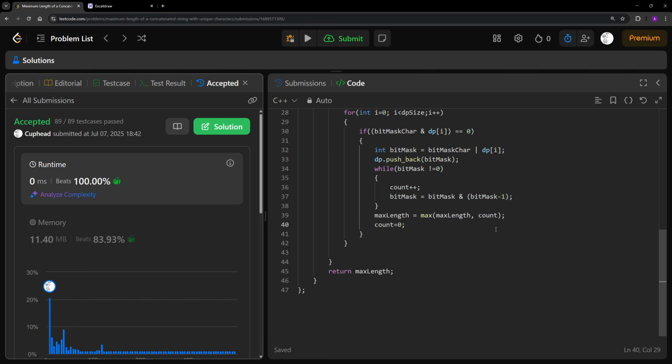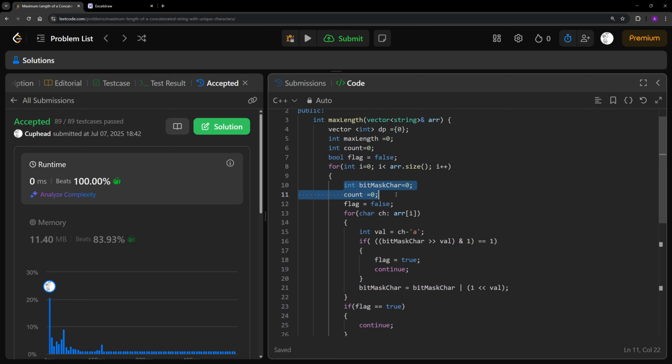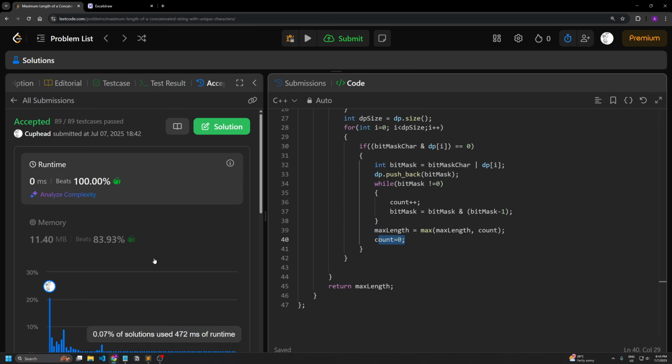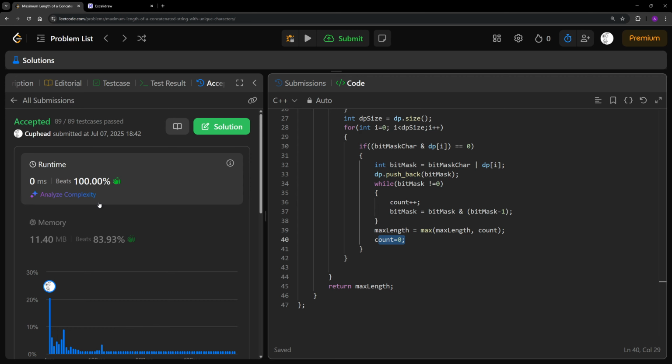I just wanted to show you what the mistake was again. I had considered the count here but did not finally reset it to zero. I made a mistake here: every time the count keeps incrementing, I reset it to zero here, but after counting over here I did not reset it to zero. That is a mistake. So yeah, that's all. I hope you enjoyed the video and this is the best possible solution out there on the internet.